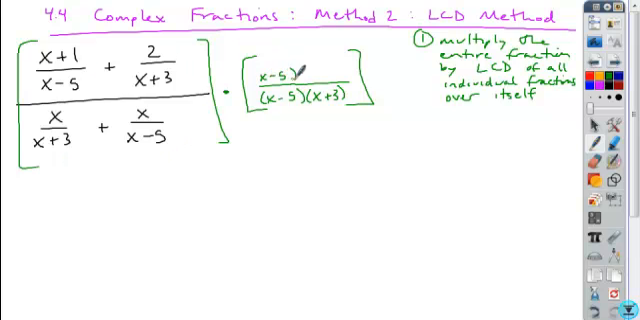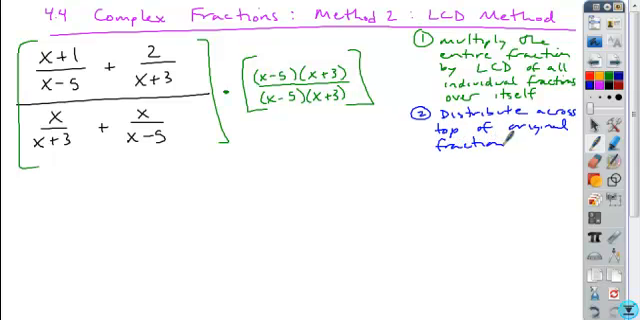The reason I put it over itself is any number divided by itself has a value of 1, and multiplying any value by 1, it's an identity property, so it just equals that value itself. So we're not going to change the value here, just the form. All right, so our second step then is to distribute across the top of the original fraction. Okay, by original fraction, I mean the entire